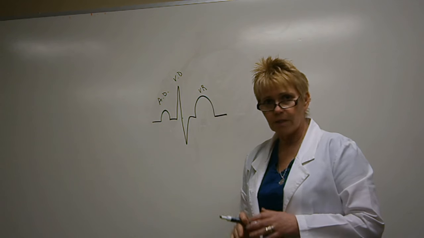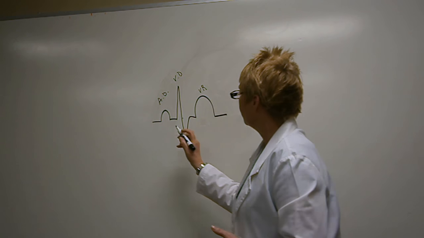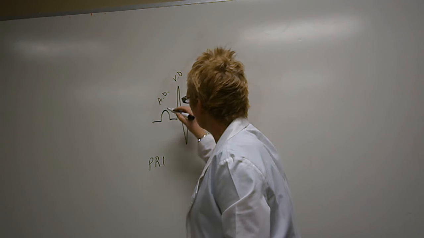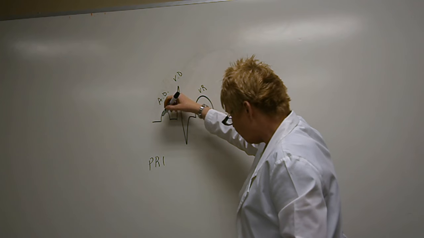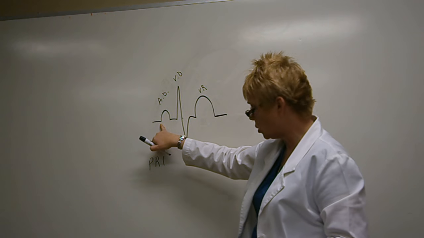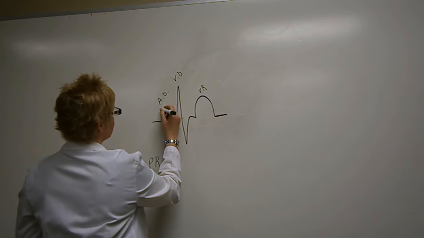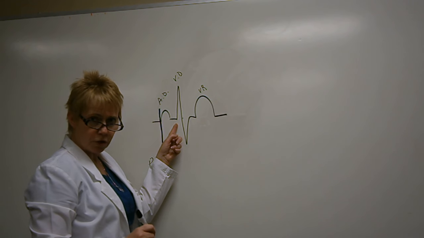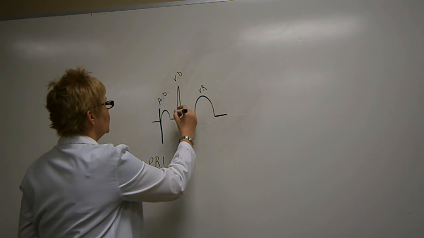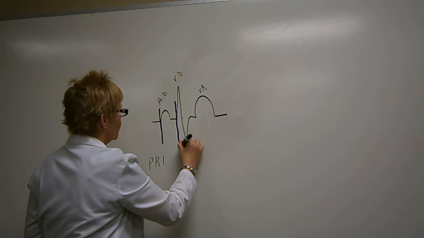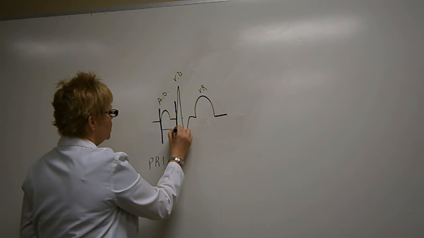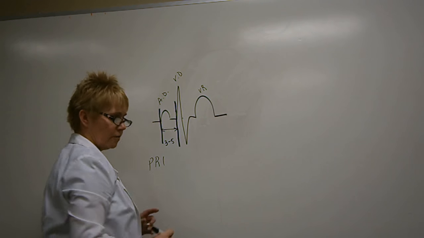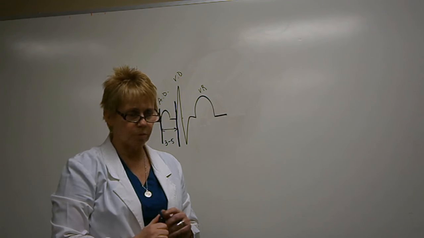So the waveforms and the measurements that are important are measuring the PR interval, the PRI, and that measures from the beginning of the P wave where it leaves the isoelectric line. So it starts here, and it ends exactly where the QRS leaves its isoelectric line. Okay? So this is usually 3 to 5 of the small boxes, so it's 0.12 to 0.20